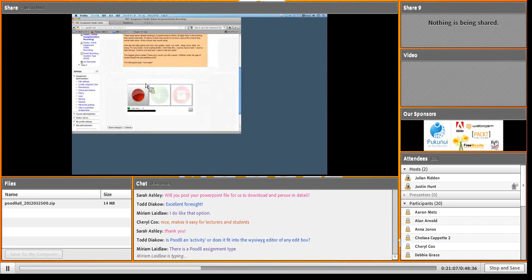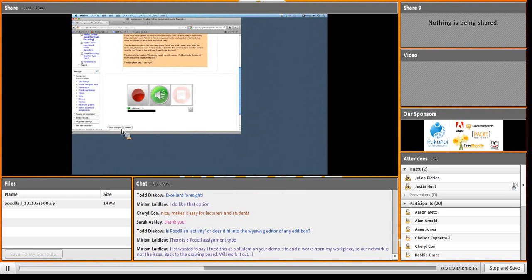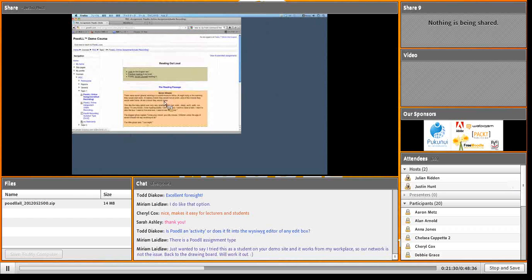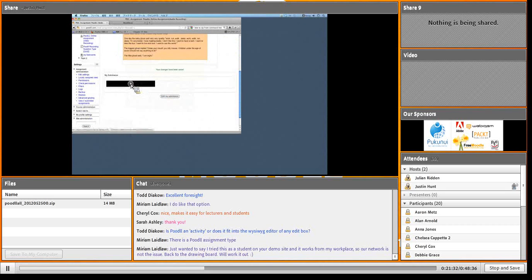So similarly, you have an audio recorder, and this may not work very well because my audio has already been captured by Adobe Connect, but let's try. 1, 2, 3, 4, 5, 6, 7, 8, 9. And again, that little spinner shows that the file is being copied over into Moodle from our tokyo.poodle.com server. Here we can see there's a little splash screen to indicate there's a player there.